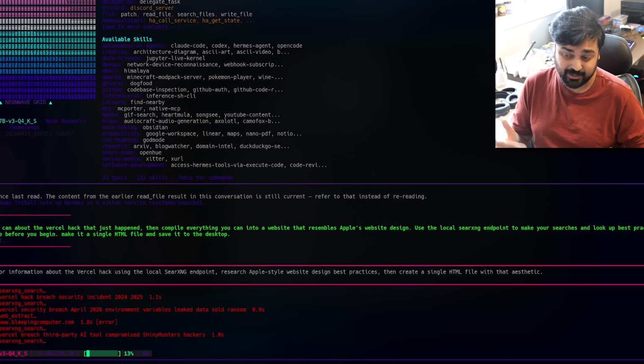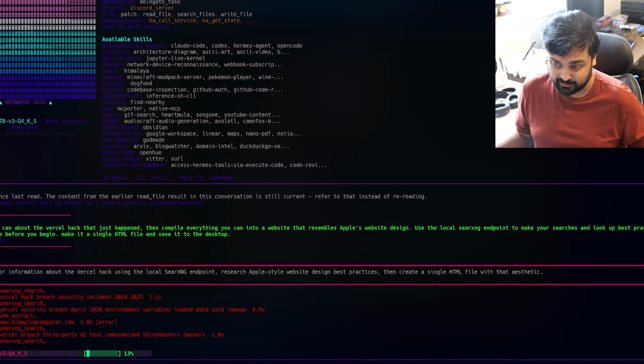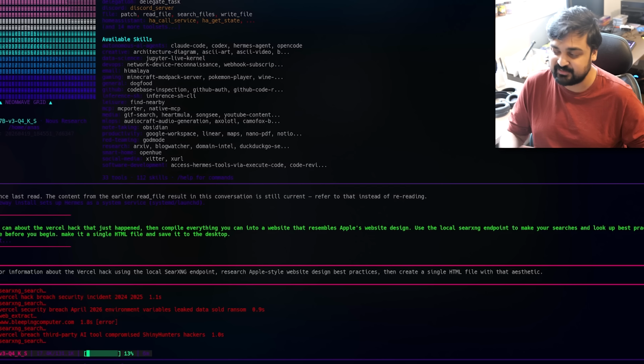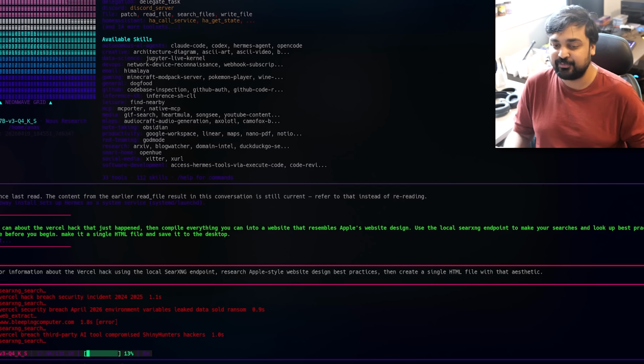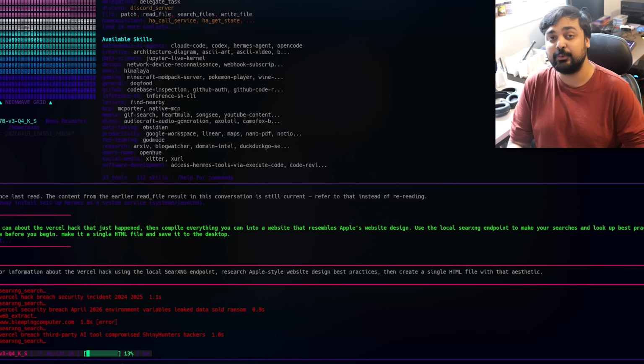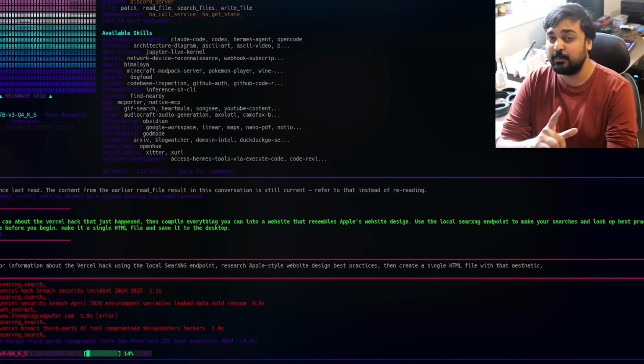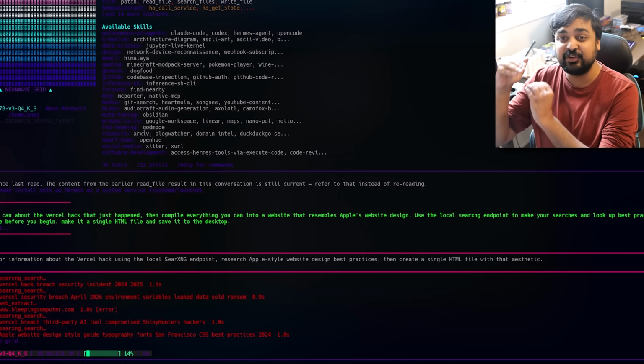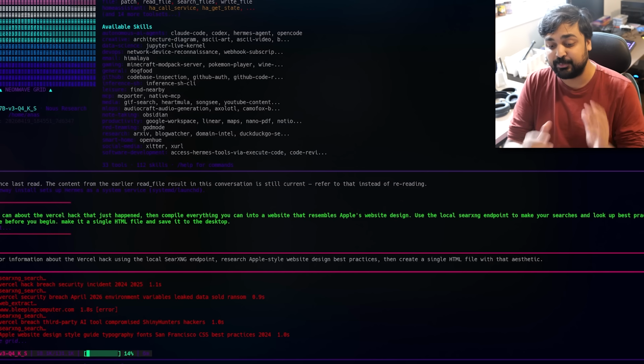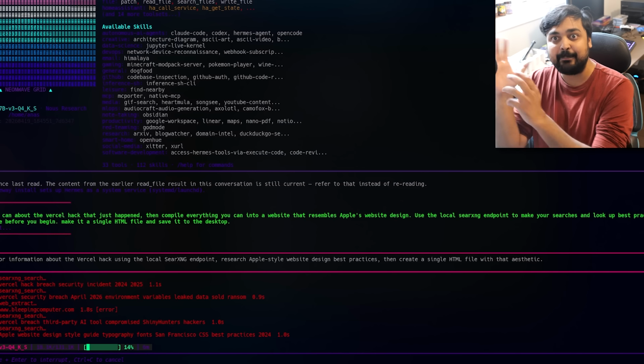If you asked an AI, a local AI, a year ago to write code for you, it would just be laughably terrible. It actually couldn't even use some of these IDEs well enough. But I think right now we're sitting at a point where the capabilities of local AI are actually mind-boggling. By connecting this thing to the internet, it's researching, but more importantly, it's also looking up the best code, in this example, to write things like the Apple-styled website.